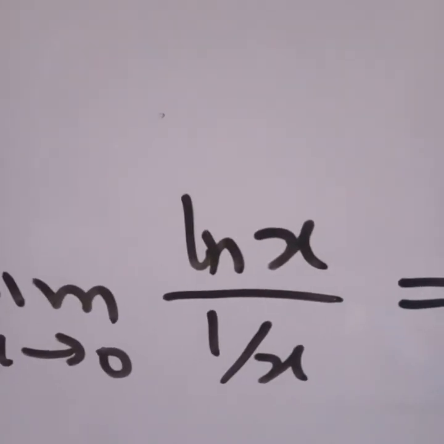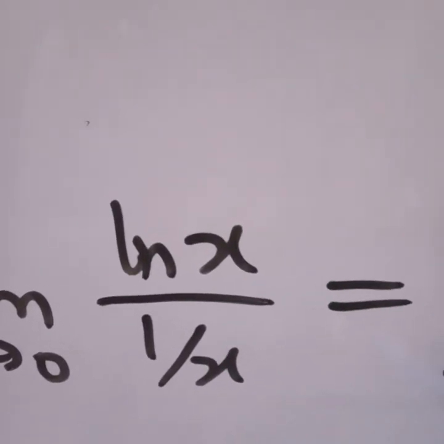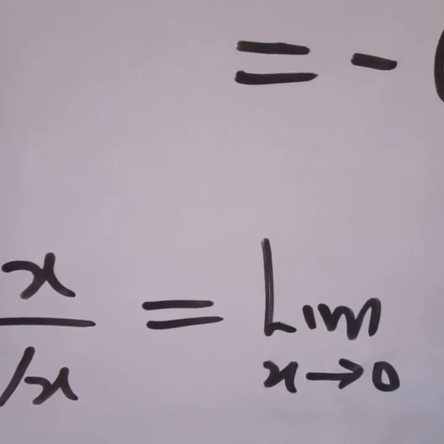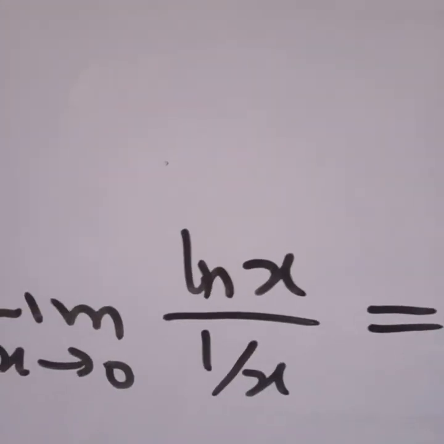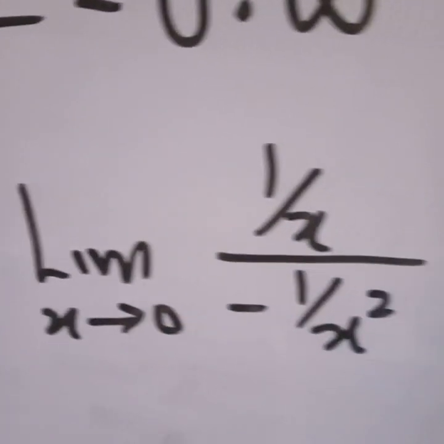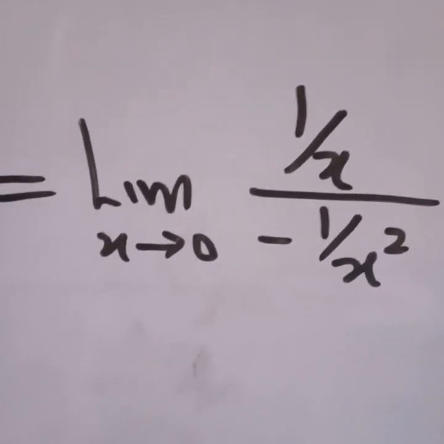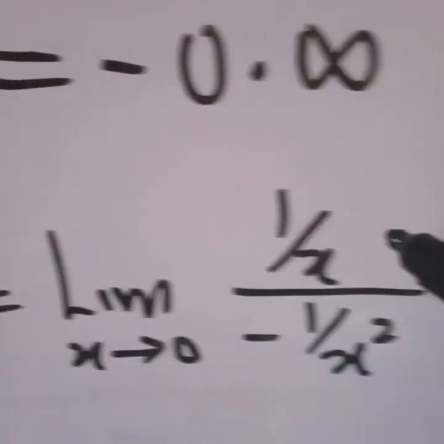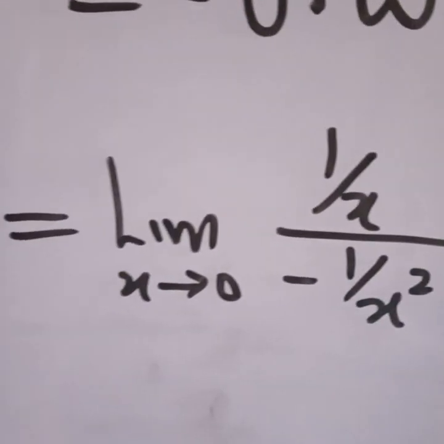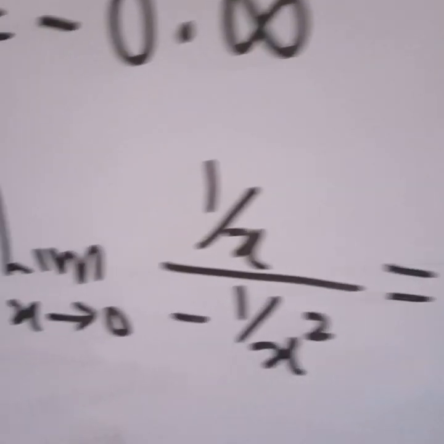So applying L'Hopital's rule, we differentiate the numerator here. Differentiating the numerator, we get 1 over x. And differentiating the denominator, we have negative 1 over x squared. So we can get this form in any standard calculus textbook. The derivative of ln x is 1 over x, and the derivative of 1 over x is negative 1 over x squared. So when we evaluate this, when you divide what we have here,